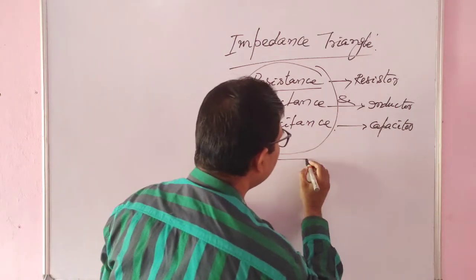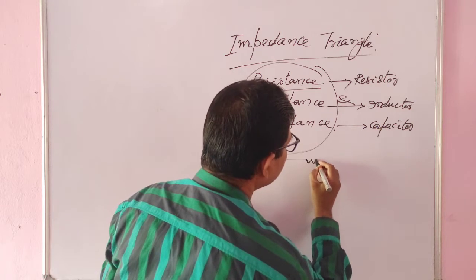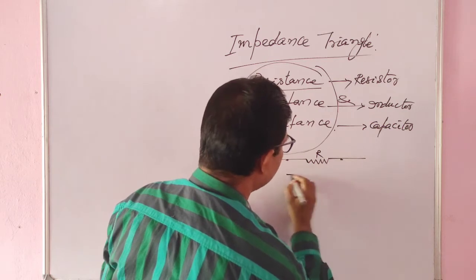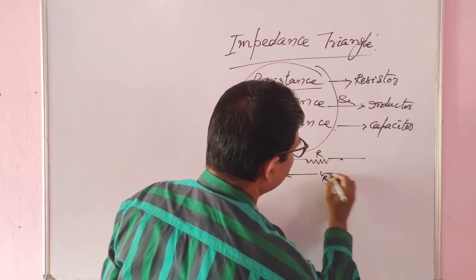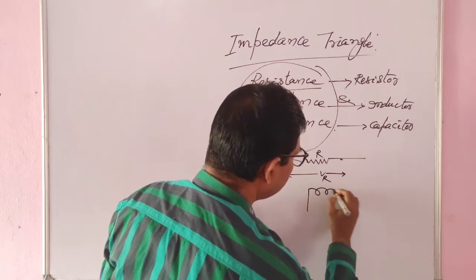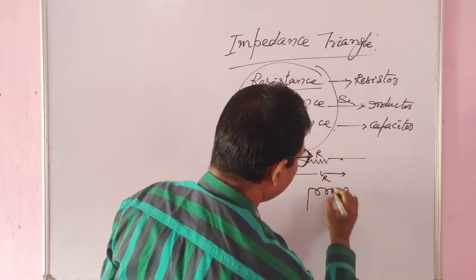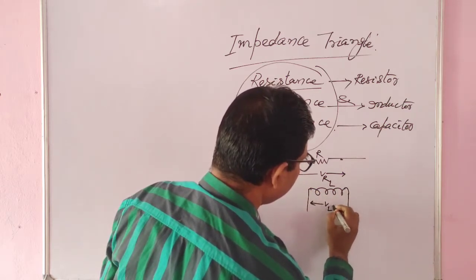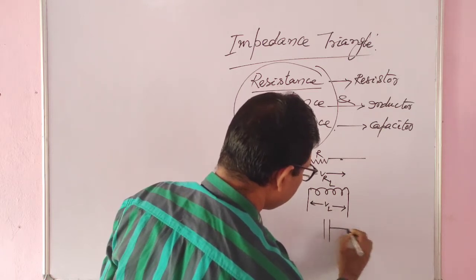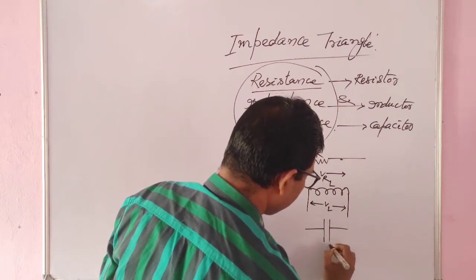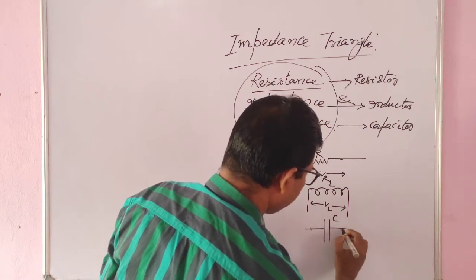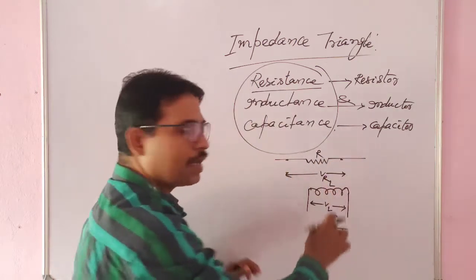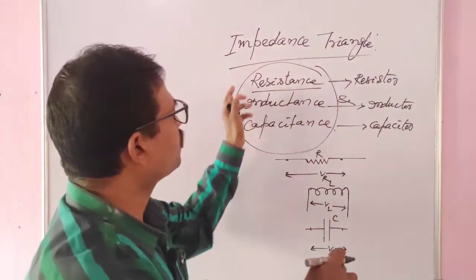Okay, so that's why while you are taking, this is R. If you are taking this one, so you are doing this one is VR. Clear? Similarly, this is L. Okay, and up to this one, if you are taking, this is VL, and this one is capacitance. Okay, and if you are taking through points, so it is VC. Clear? R, L, C, they are respectively opposition factor.